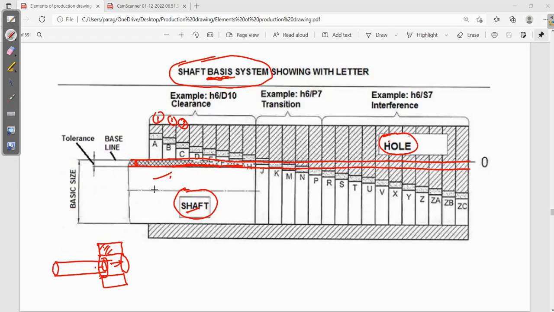Now, in shaft basis system the shaft diameter is constant and my hole diameter is variable. That means I can only machine this outer hub. Machine means this particular hole we want to produce. How will we produce that hole? Drilling, we will drill. Suppose I give you an example, suppose there is a company,